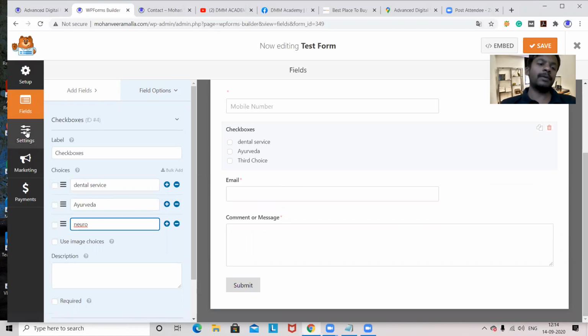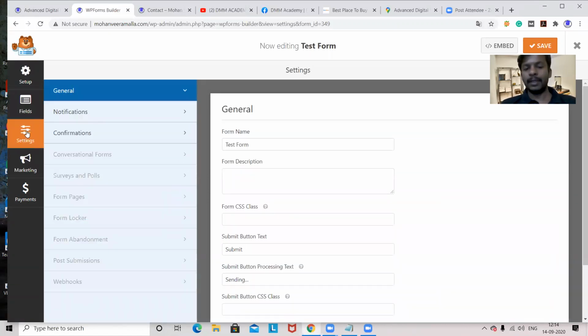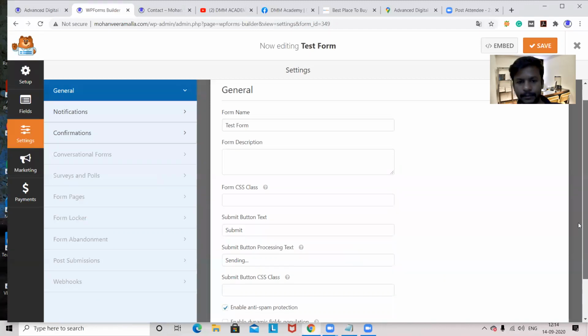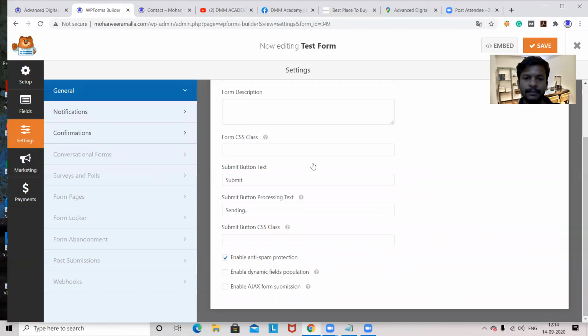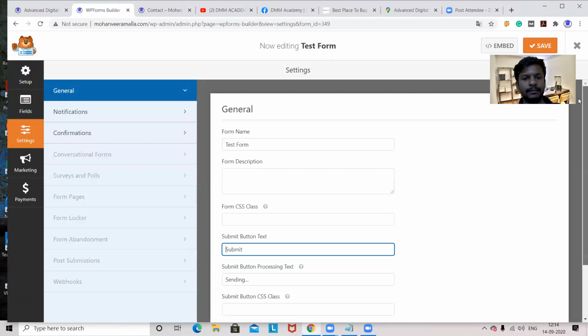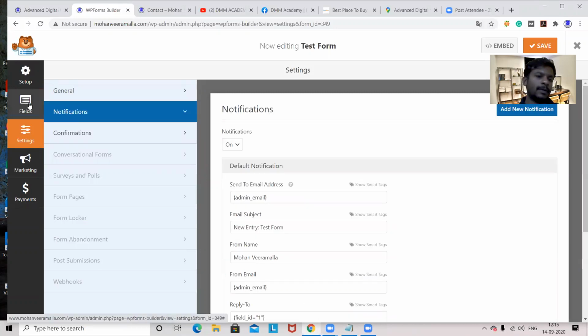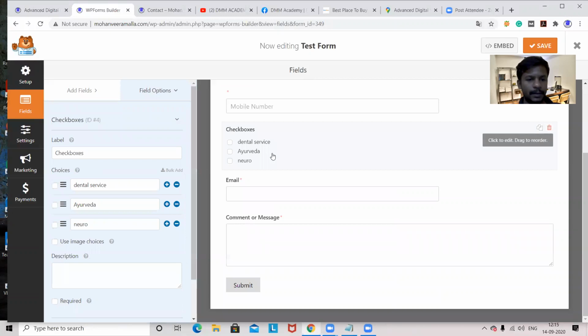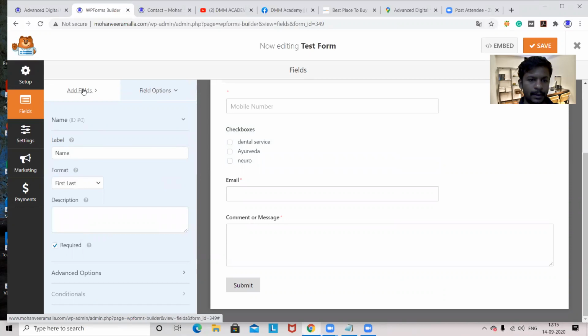Or see, this is one property. If I want to take their gender also, then what to do? Notifications, fields, yeah, this is the thing. Field options and fields.